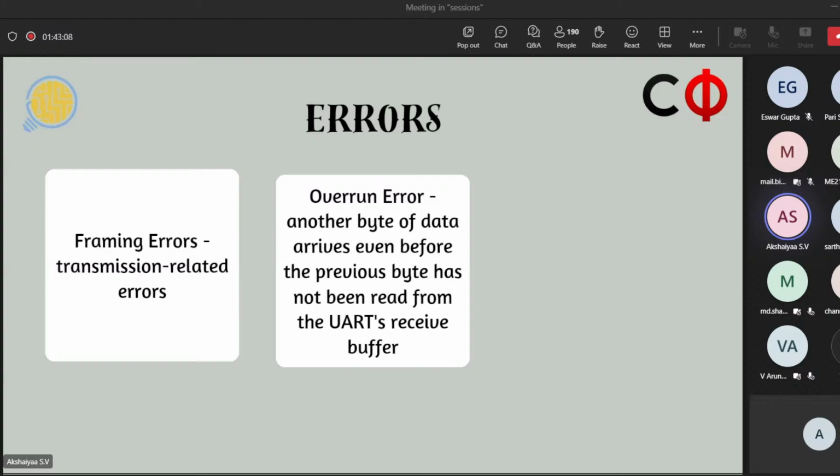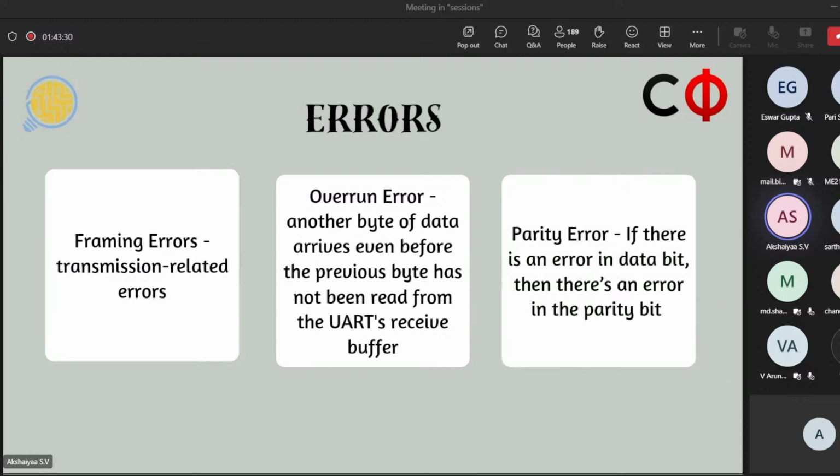It's like, if I'm giving you 5 words in the beginning, and before you can even understand what I'm trying to tell, I'm pushing in the next bit of data. There is some conflict, right? That kind of thing is called an overrun error. Before the byte of data in the memory is read, another data is sent. This is the most common error which will happen.